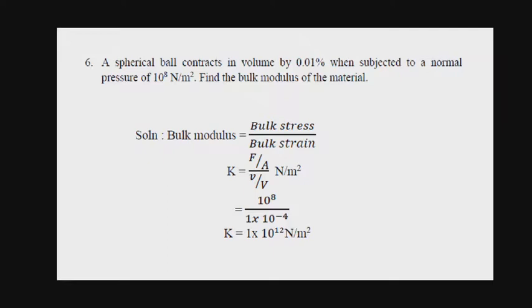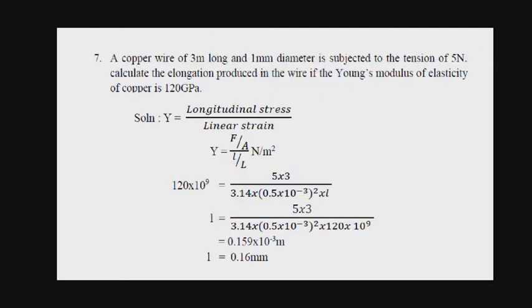Substitute in the formula. Bulk modulus is bulk stress divided by bulk strain. So K is equal to F by A divided by v by capital V, that is Newton per meter square. So substitute 10 to the power 8 divided by 1 into 10 to the power minus 4. Answer is K is equal to 1 into 10 to the power 12 Newton per meter square. Okay, clear? Next question,